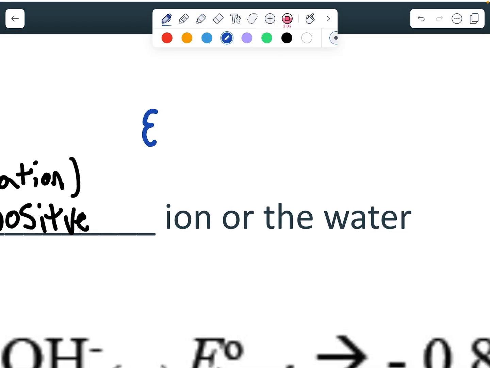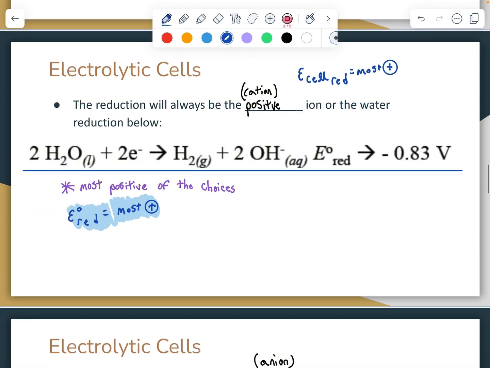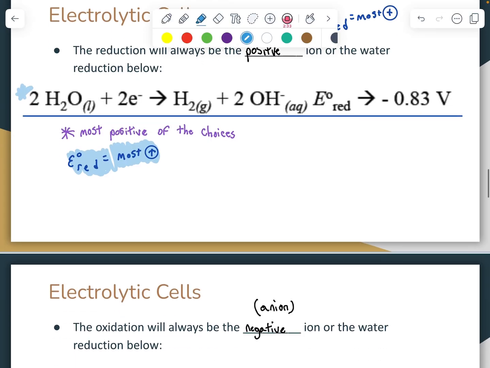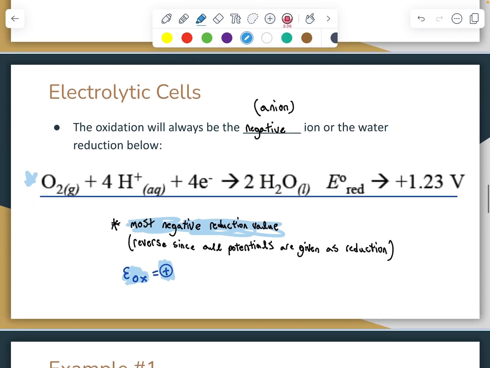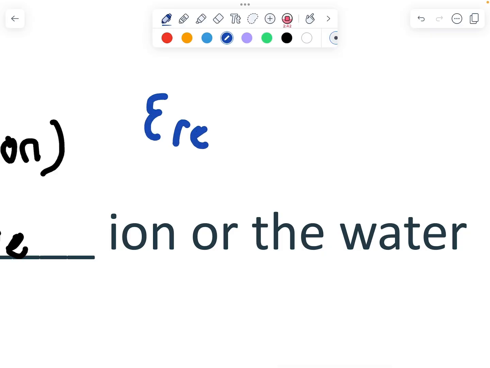So our E cell for our reduction is going to be the most positive. I wrote that down here again. The reduction potential is the most positive, or it could be this one. And sometimes in our example down below, we'll have to choose which one we want based on what is the most positive. Then the oxidation will be the most negative E cell for our reduction potential. So it'll be the most negative,